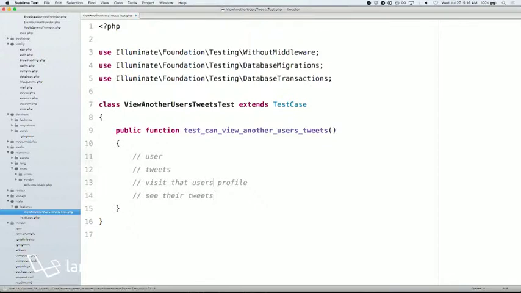So having a user in this system, how can we have a user in the system ready for us to work with? Well, there's a couple ways that we could do it. First way that you might think of, especially since we're doing this acceptance test-driven development, this outside-in thing, is you might think, okay, well, maybe we need to go to the registration page and register that user, and